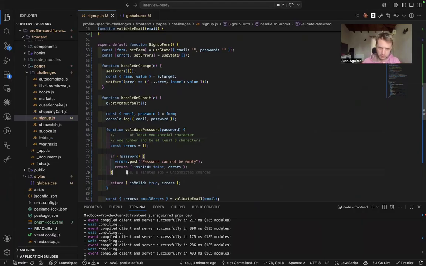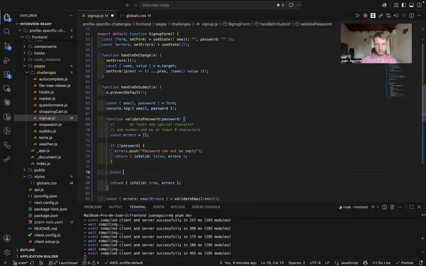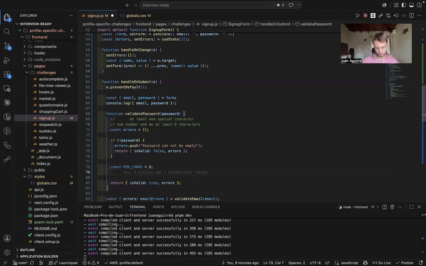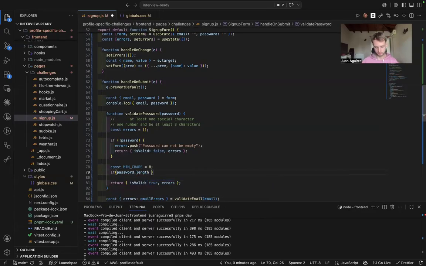So let's start with the at least 8 characters. Const min chars equal to 8. So if password dot length less than min chars,